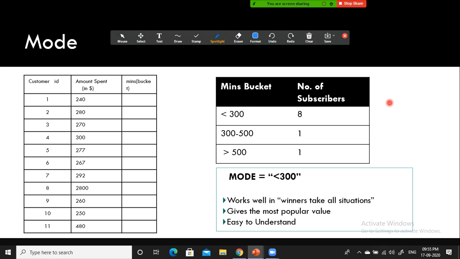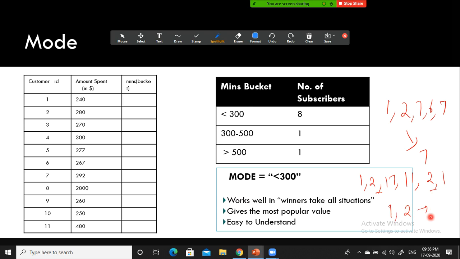Mode is nothing but the most frequently occurring value. Supposing you have the data set 1, 2, 7, 6, and 7. In this case, the mode is 7. The most popular or most frequently occurring value is called your mode. Now, if I have something else like 1, 2, 17, 11, 2, 1, I have two modes. 2 occurs 2 times and 1 occurs 2 times. Hence, the mode is 1, 2.